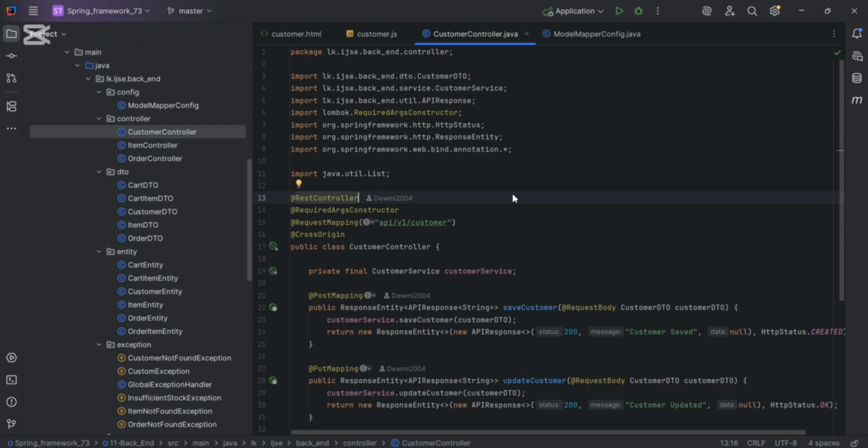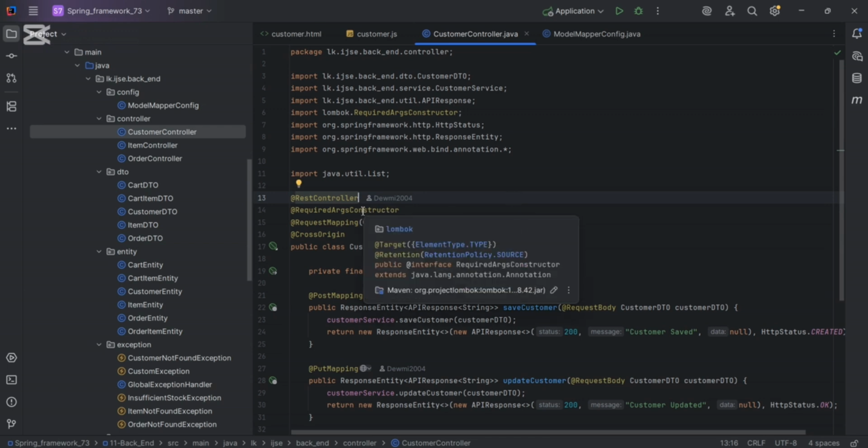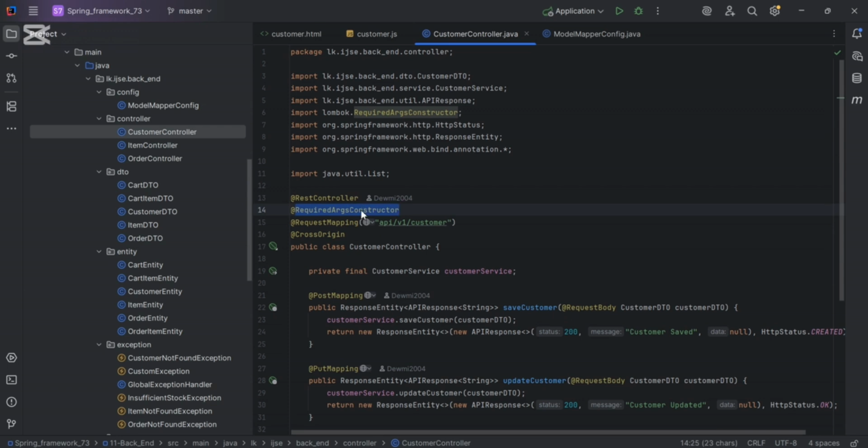And this RequiredArgsConstructor is from Lombok annotation. It generates a constructor for the dependency injections,